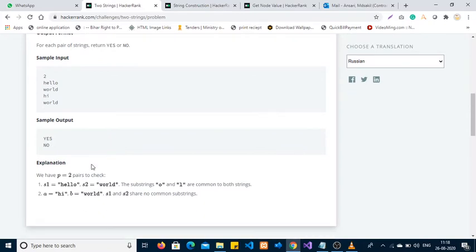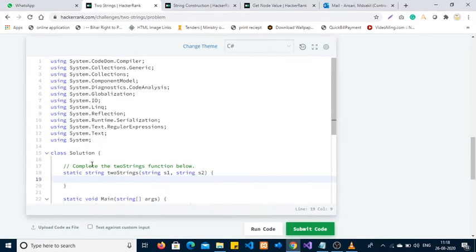Okay, let's move to the coding part. I am creating a character array to store one of the strings in the form of a character array.